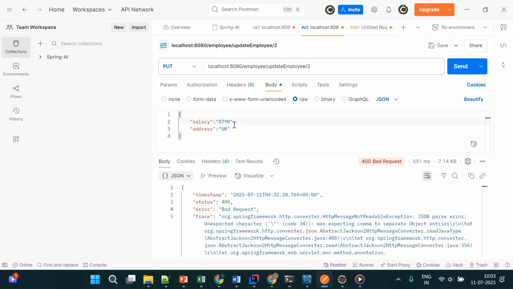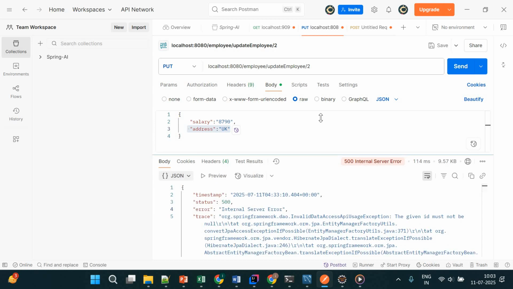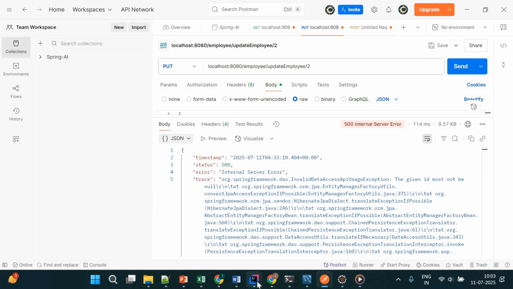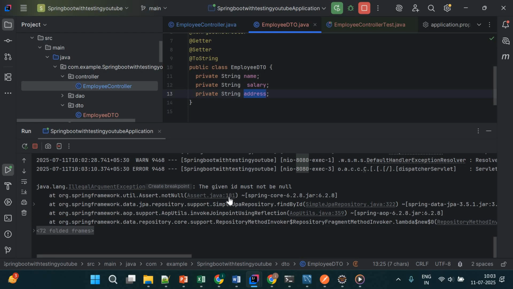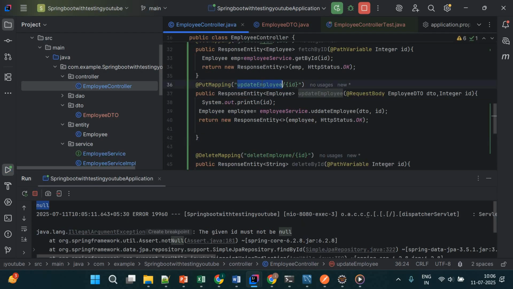So it is thinking it is a single value. So first I am passing salary and a comma, then the second value, right? If I pass it, then it is giving 500 internal server error. Why is it giving that? Let's check what it is. The given ID must not